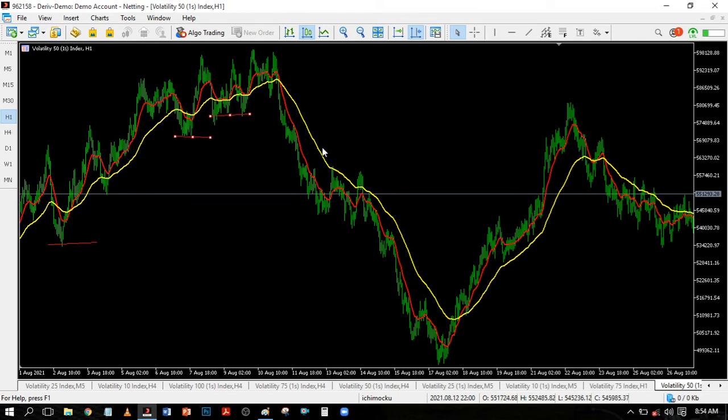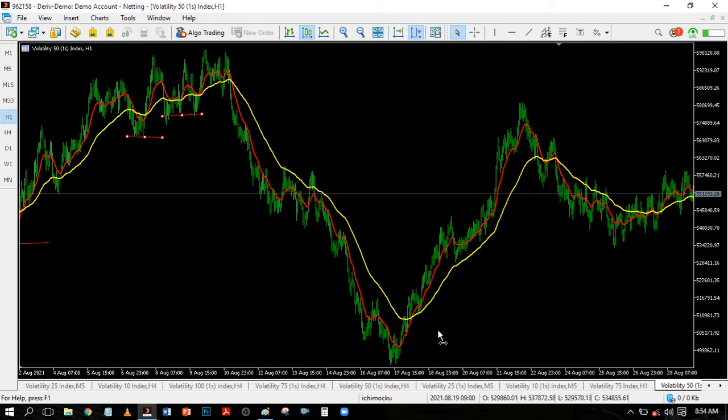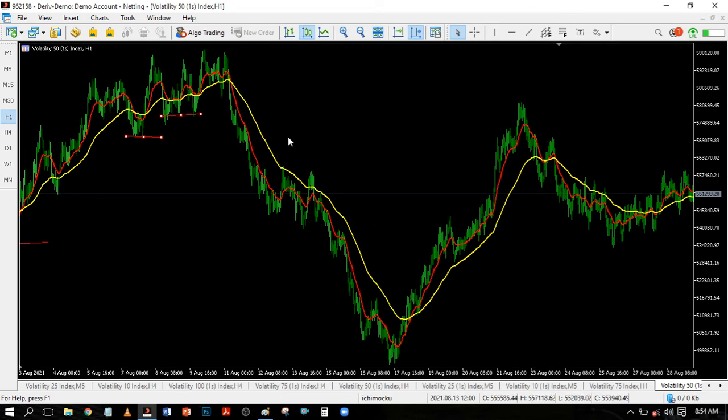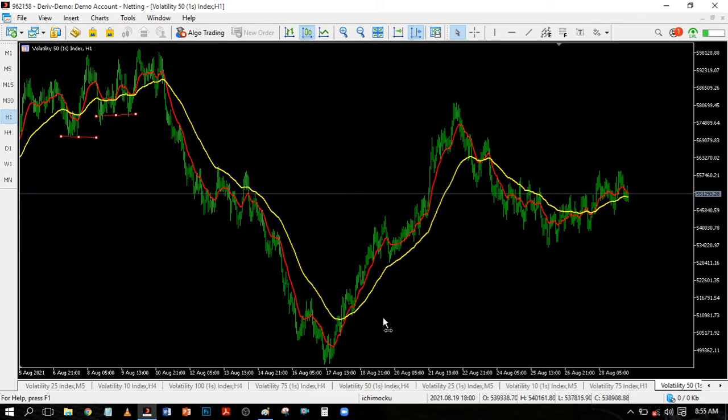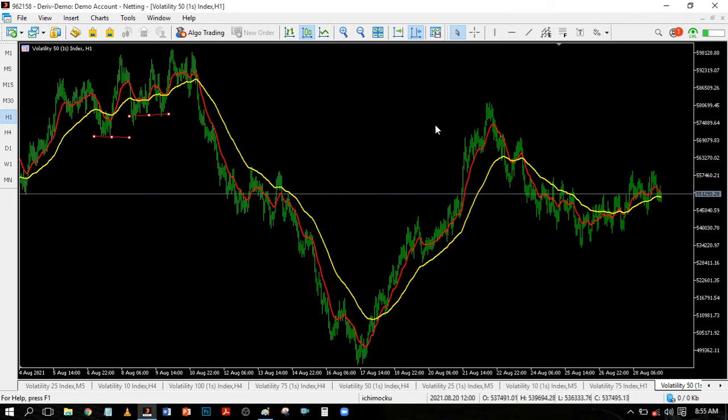Now you can see the market broke here. In my own vein, I basically won't trade this when the market dropped. You can see it broke this level, and I know that the market might start a downtrend. So what will I do? What I'll do is I'll just wait for the market to cross back upwards to confirm. And once the market crosses upwards, what I want to see is a lower high.